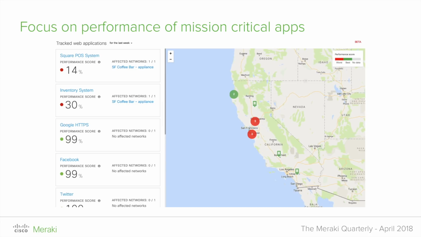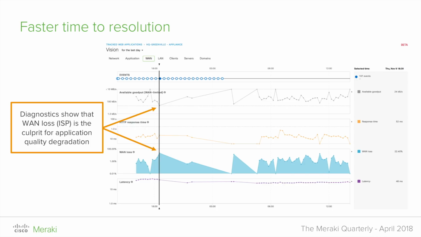Now, imagine that these are retailers that we're looking at here. Something like the Square point of sale system. You've probably seen it. This is the little plug-in thing you put into your phone, and you've got immediately a way of taking payments from your customers. Very popular in pop-up coffee shops here in San Francisco, for example. And if you are relying on that technology and you have a problem with its performance, you're going to have a really bad day in terms of takings and retailing. So we need to be able to fix this fast, and this is where Meraki Insight can really start to pay for itself pretty quickly.